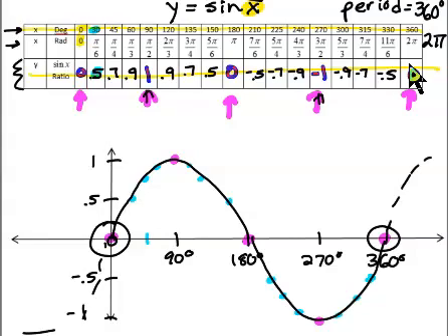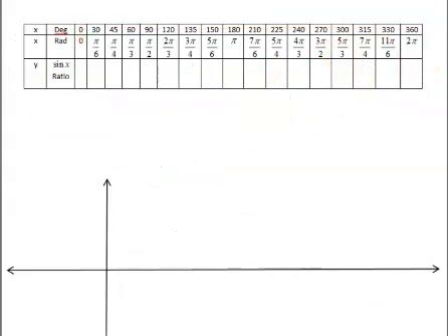So that is the parent graph. That is just in general what a sine graph looks like. We're going to do the same thing for cosine. We're going to move a little bit quicker. I won't do all the background stuff this time. But if we go y equals cosine of x,